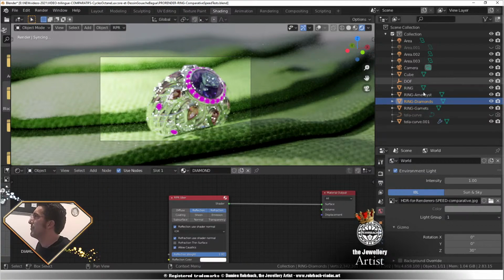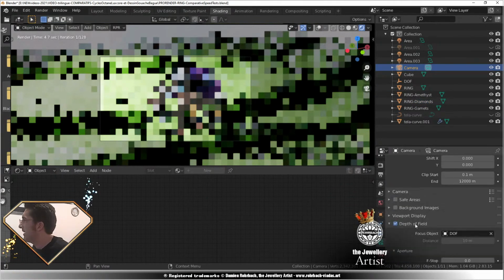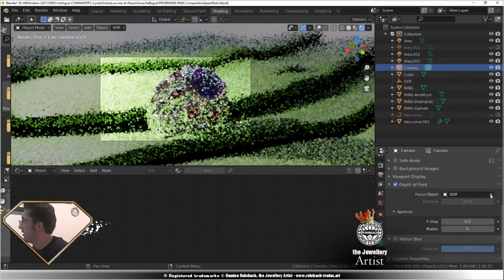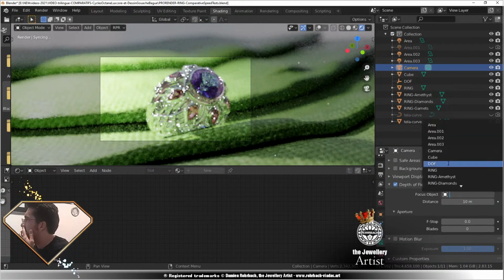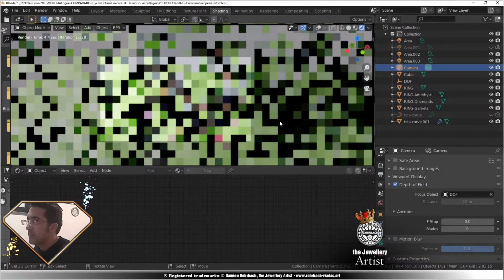Honestly, for the rest, it's pretty good. I think the depth of field is also not loading very well here. But otherwise, I have the same settings. I have 3 area lights, 1 HDR environment, and